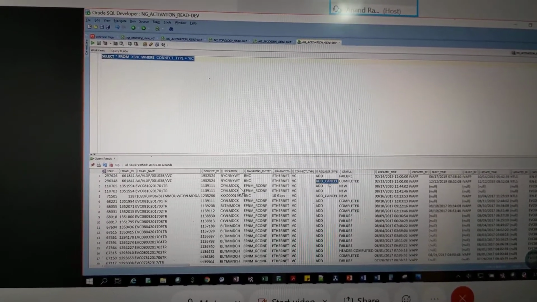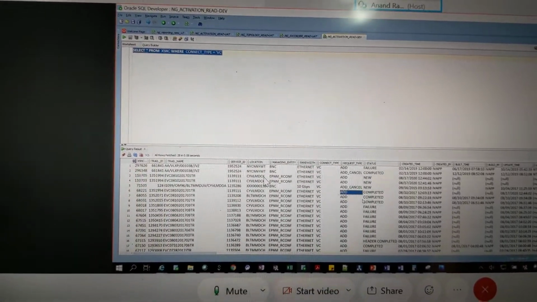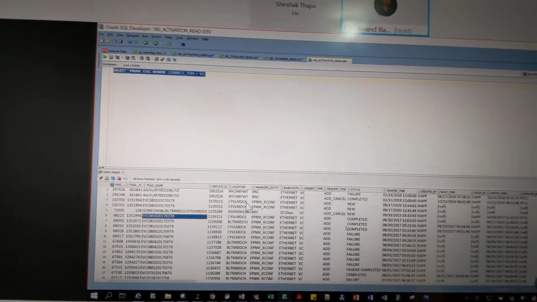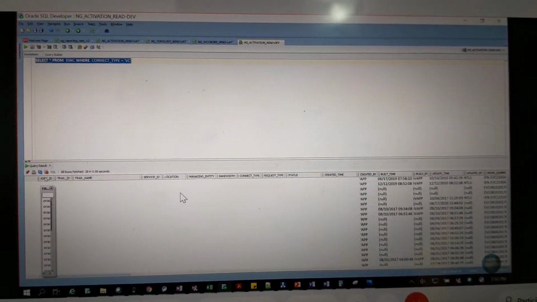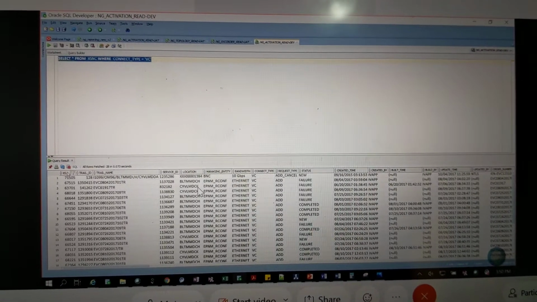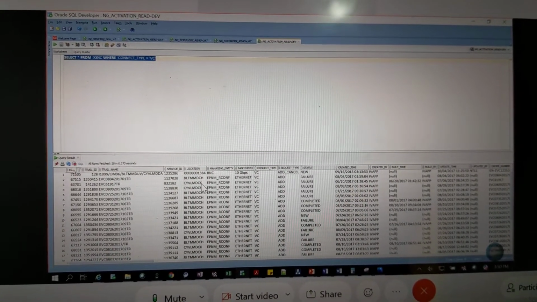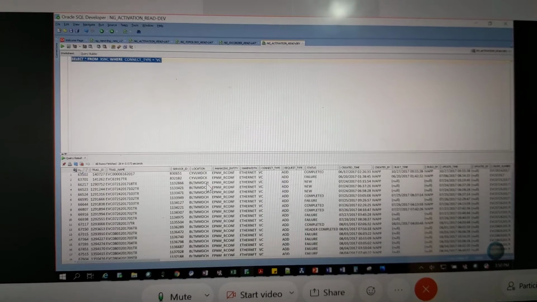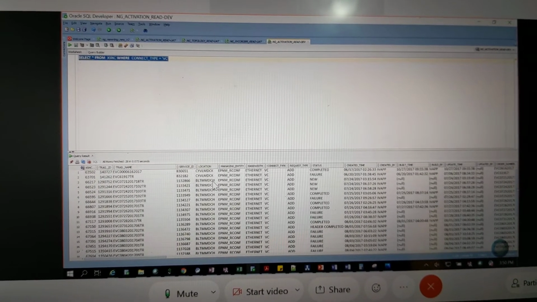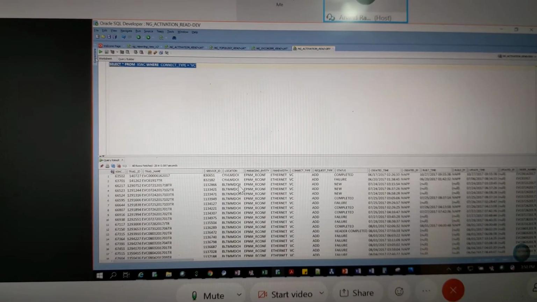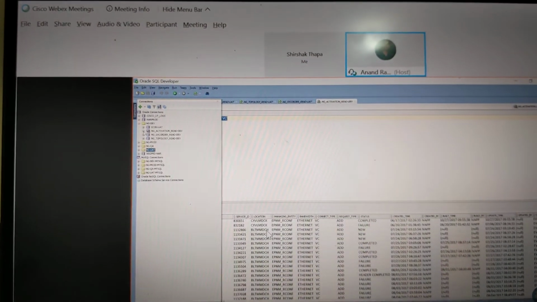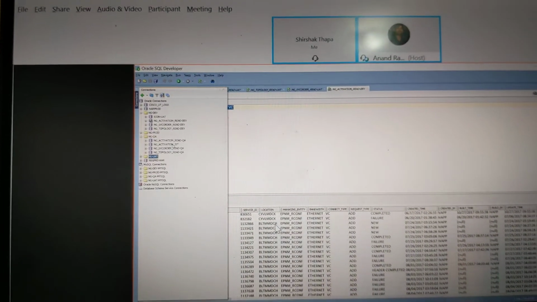So this is a completed one, right? Let me see this one. Why this managing entity? It's quite old. Maybe the dev is not good. Let me go to the other one. QA, let me go there.